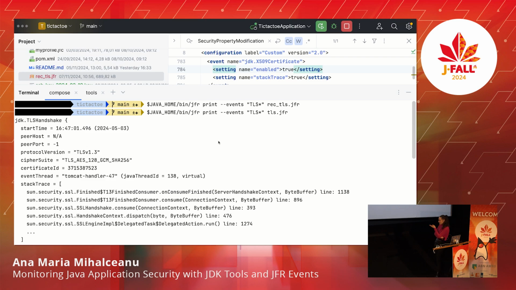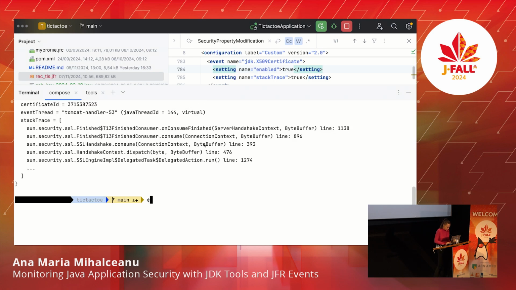So normally what happened is that there were 2 times that I have accepted the certificate. So this means 2 TLS handshakes that went over there. And what this means is that they are pretty much being captured with this event being enabled. So I didn't set any threshold, they were both captured. But I want to show you also what was